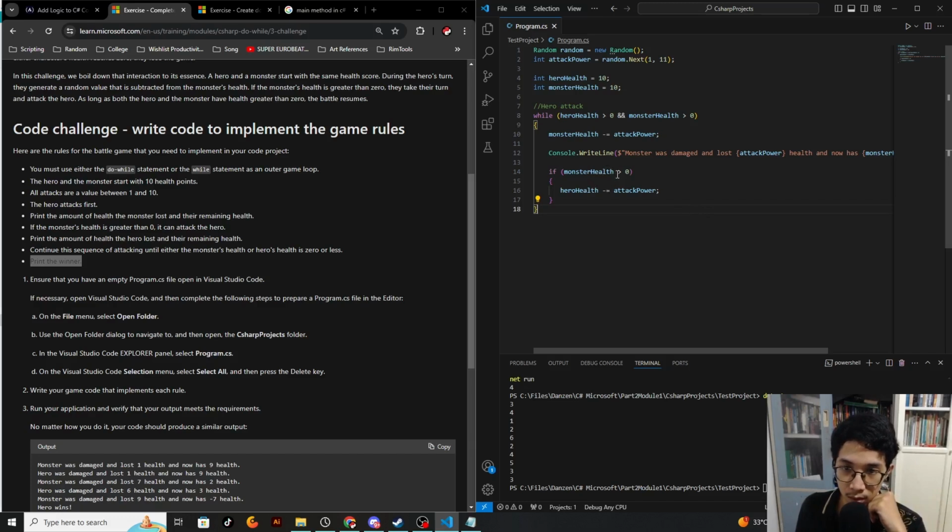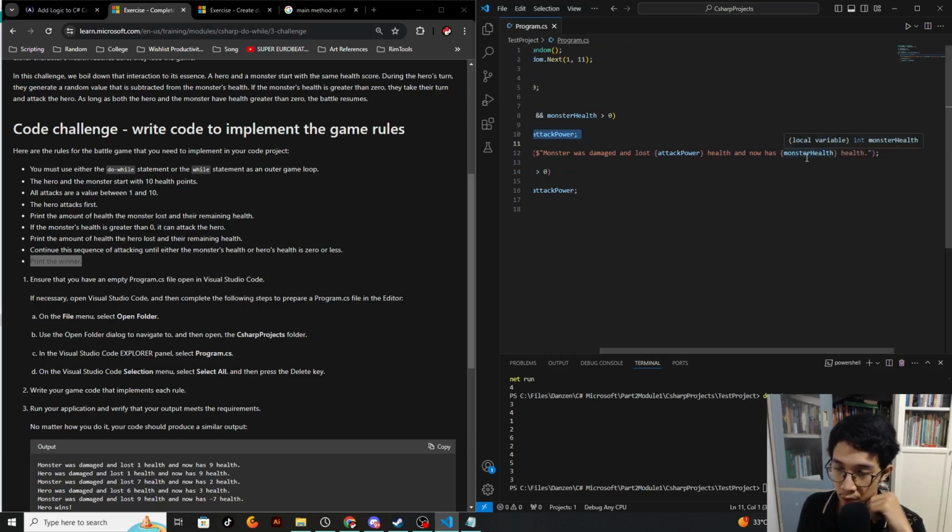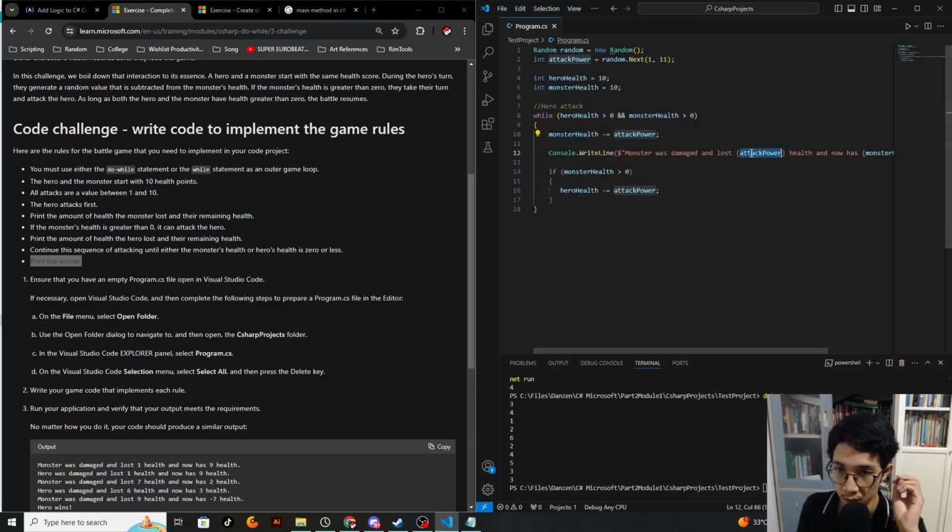Monster health. First up, the monster got attacked by the hero. Okay. And after the attack, we want to know the remaining health of the monster and the attack power that was given from the hero to the monster. Okay. And then after that,